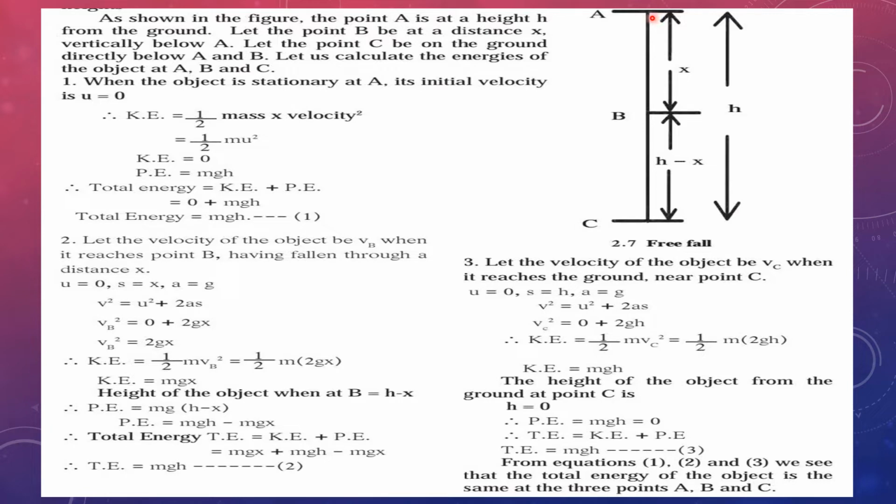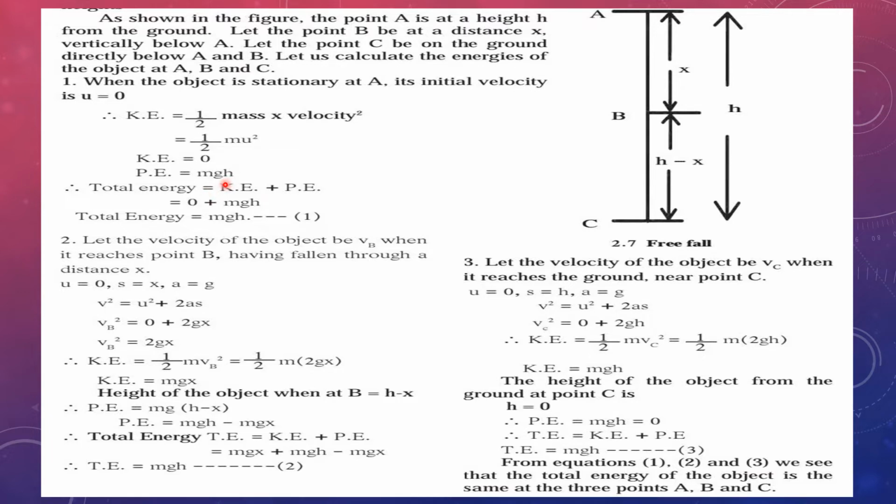But at this point, the object has potential energy equal to m into g into h. This is the formula to calculate potential energy. And you know what kinetic energy and potential energy are. Kinetic energy is the energy of the body due to its motion. But here the object is not in motion, it is at rest. So obviously at this point the object has zero kinetic energy. And potential energy means the object has energy due to its position. So here the object is at a height and therefore its potential energy is equal to m into g into h.